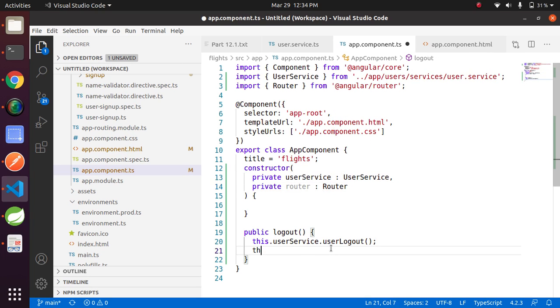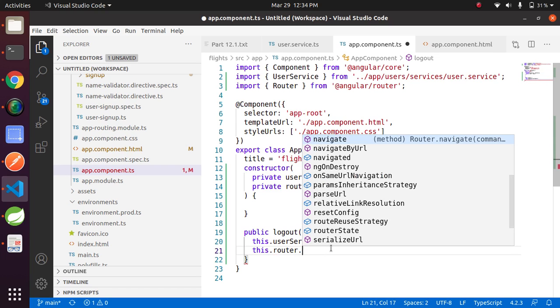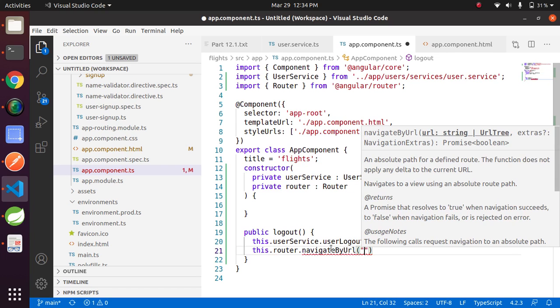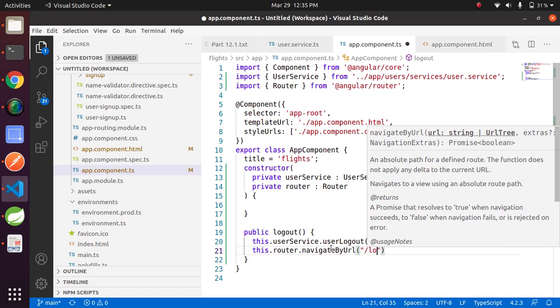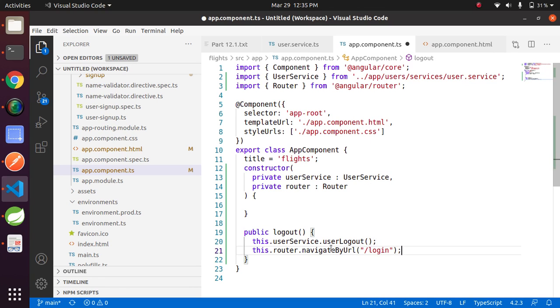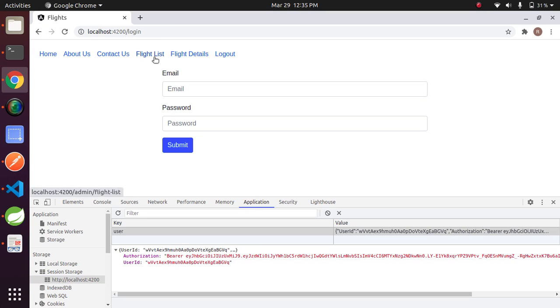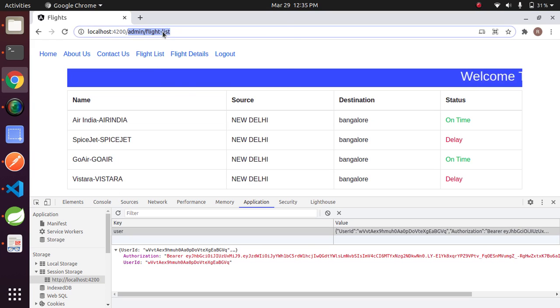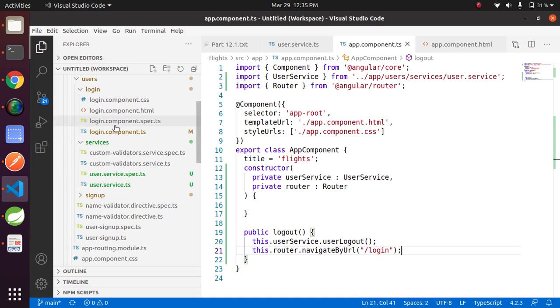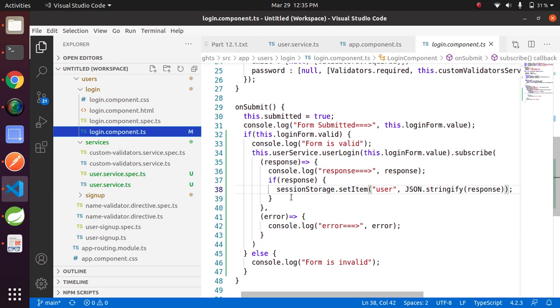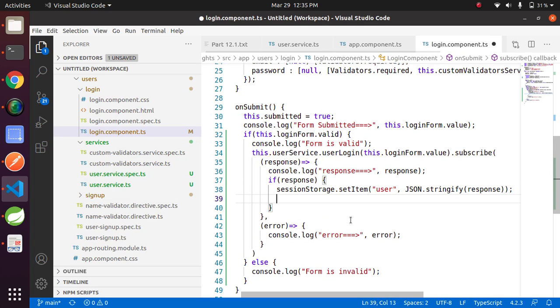Now this dot router dot navigate by URL, and we need to redirect to login page. Similarly, after the login we need to redirect to flight list. Let's copy this URL, go to login component.ts, and here whenever response is valid, after that this dot